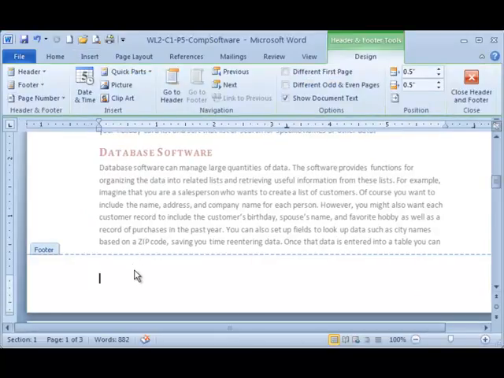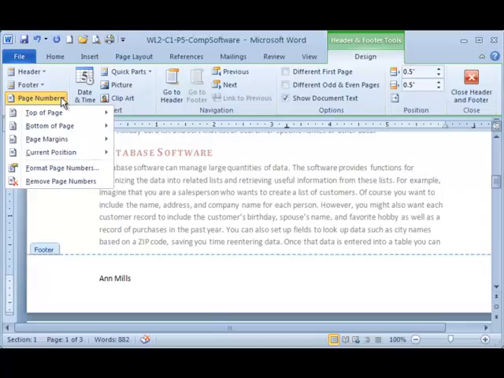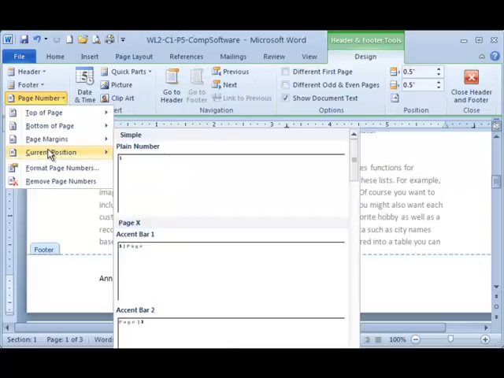And notice here we are on the first page, the footer pane, and at the left hand side they do want us to put in our first and last name. And then at the center, so I'm just going to tab one time, we're going to put in the page number so that it appears in the current position. Now to do that, we're going to go back to the Header Footer Tools Design tab, and in the Header Footer group we're going to click on page number, and we're going to choose current position,